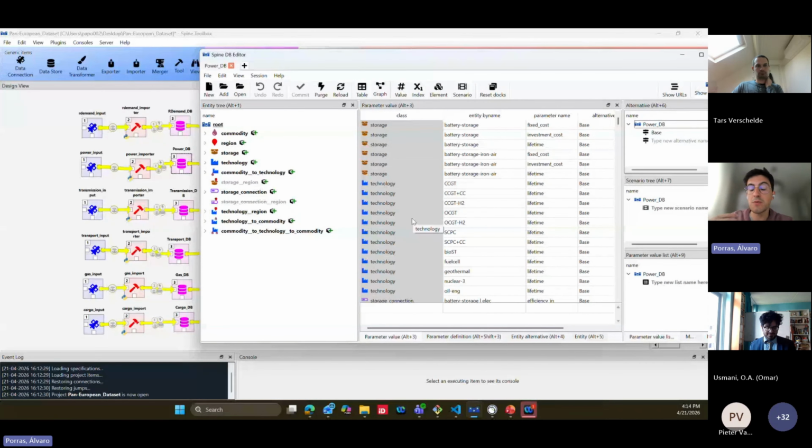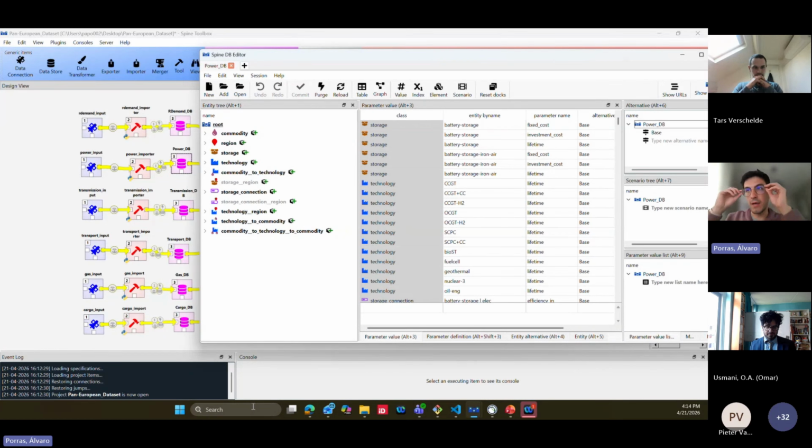This structure has been predefined by myself. I mean, I did it. And then what I do with the Python script is import everything in this format. Why in this format? Because it's more readable for downstream processes, for example, to create a model. We are creating a model in a way that we define each element as a potential entity, and then we have an entity which could be a generator, another entity which could be a node, and then we have a relation which is a generator connected to a node.